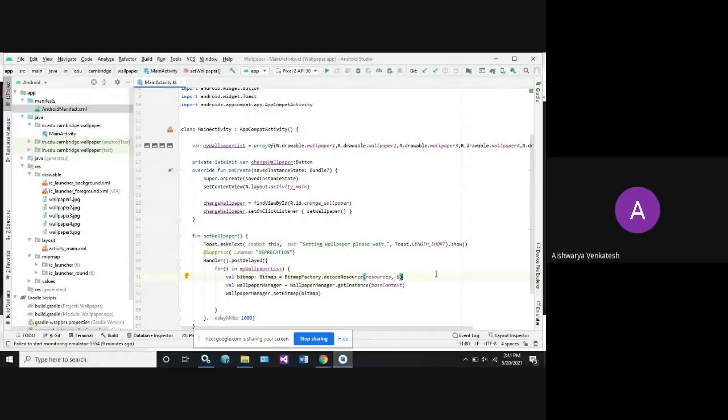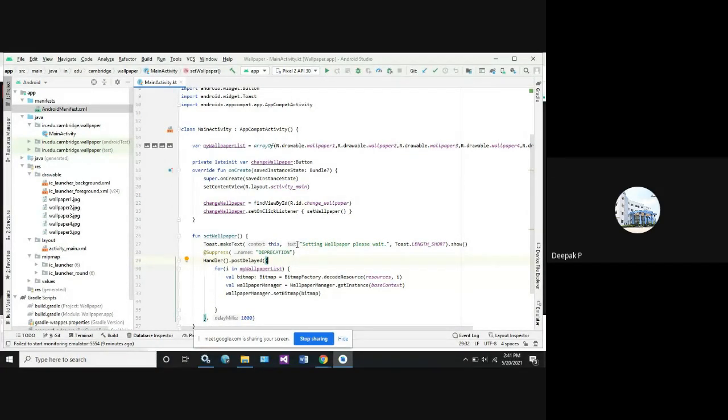The current object. Yes, it refers to the current object. We are not going to read any resources here; we are reading directly through the file. So whenever you click on the change wallpaper button, it initializes the object and whatever content is present, it is going to display.